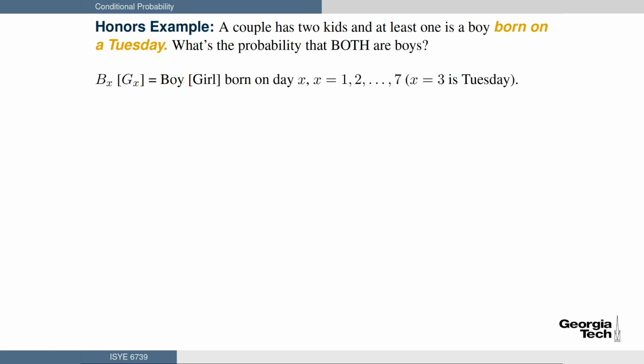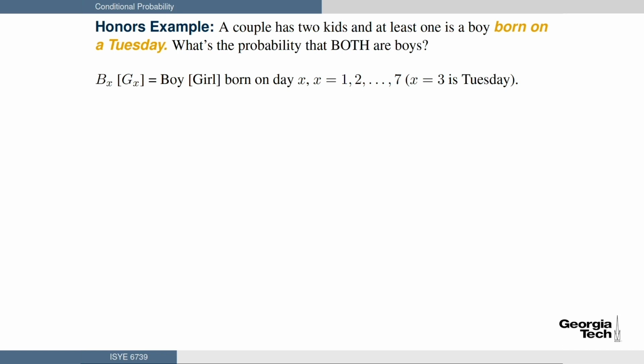Well, here, it's a lot more complicated. I got this completely wrong when I first heard the problem. When my friend pointed out I got it wrong, I thought about it for a long time. And you have to define these sort of intermediate events, BX and GX, that you had a boy or girl born on day X, where X equals 1 through 7 days of the week. So, for instance, X equals 3